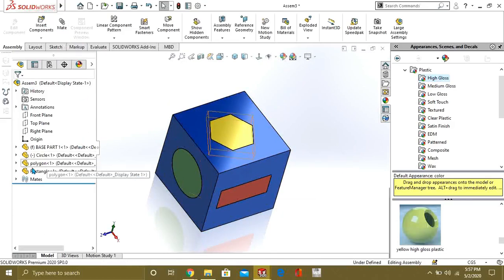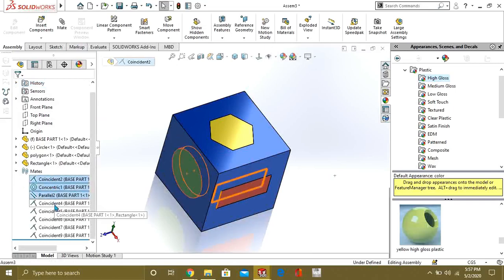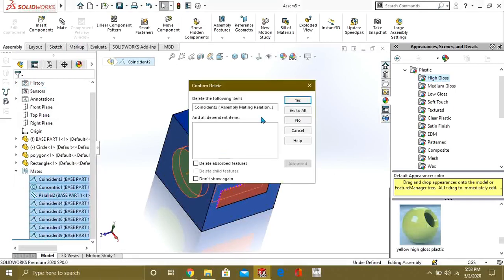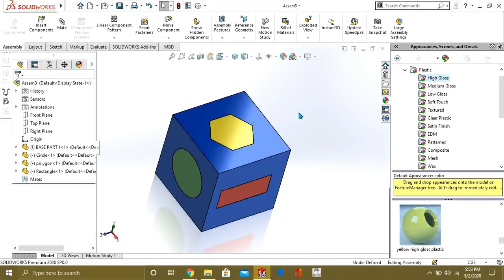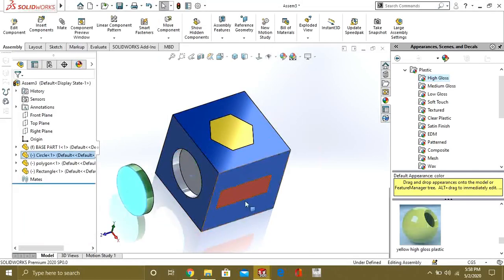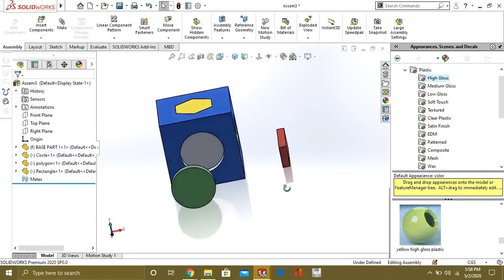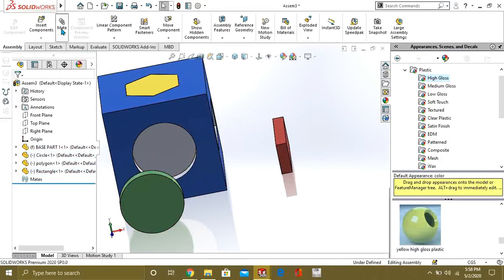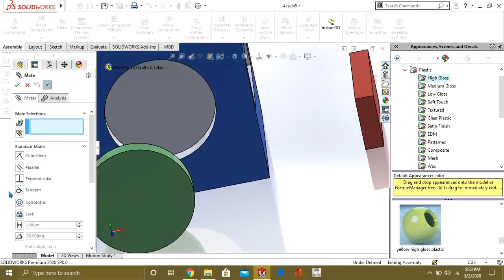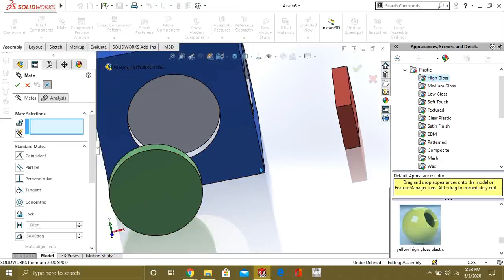Now we will see what the distance, angle and tangent mates are. For that I am going to delete all the mates. First of all we will see what a tangent mate is. As you can see, the tangent shows that there is some circle and the other line is attached to the curve or its face.